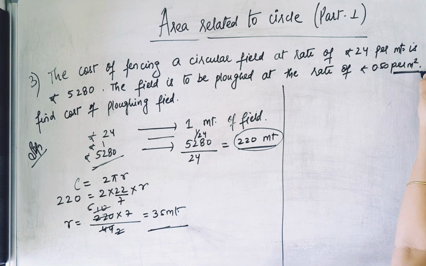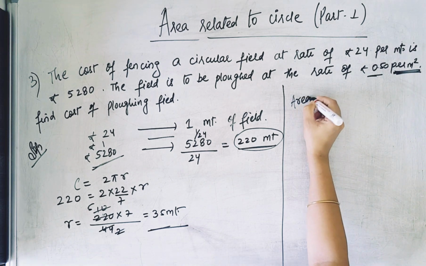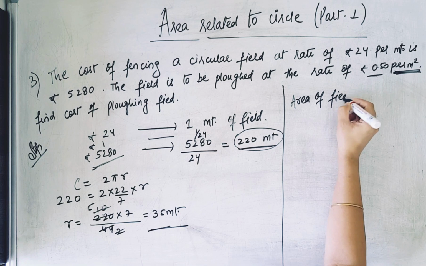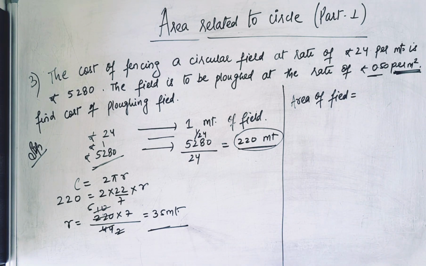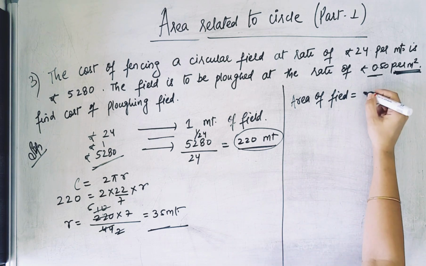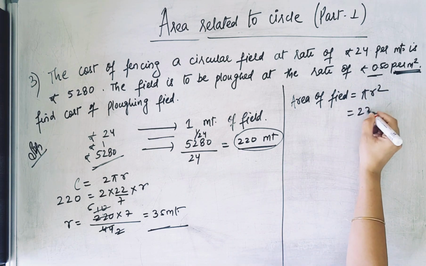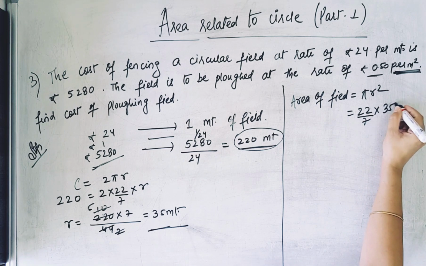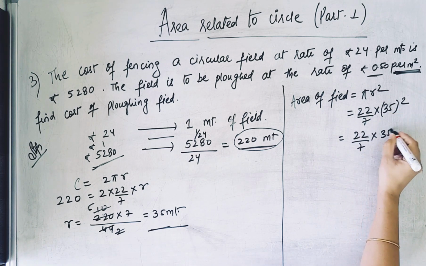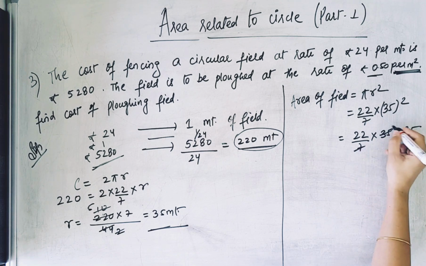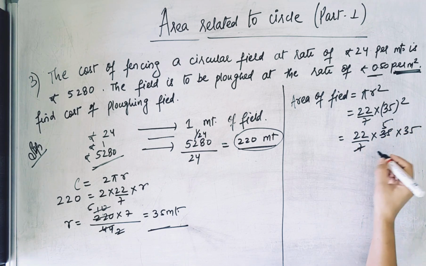Cost of ploughing the field if it is 0.50 per meter square. For 1 meter square, 0.50 rupees is needed. That means since they have given meter square, we have to calculate the area. So the area of the field will be what? Because the field is in circular shape, its area will be pi r square, and thus pi r square is 22 by 7 into 35 whole square. So when we solve it, this is 35 into 35, 7 5s are 35. So this area will come up to